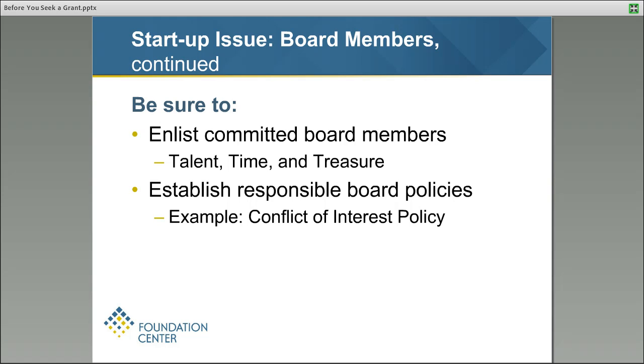And then treasure refers to giving financial contributions themselves or finding others who will. And I think if you're moving forward, if you want to be competitive looking for foundation grants, foundations often, more and more frequently, do ask what percentage of your board members are making a personal financial contribution. So I think setting up a policy where you're encouraging people to give what for them is a substantial